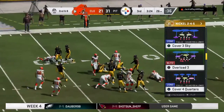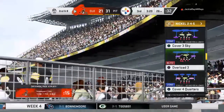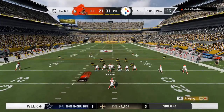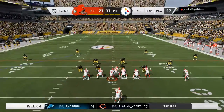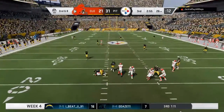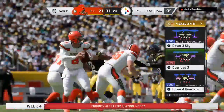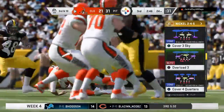And the 2015 first-round pick, Malcolm Brown, brings him down. It's 2nd and 8 at the 26-yard line. The last run got a couple. Here's 2nd and 8. It's Mariota. And they get to Mariota here as he's dropped on the sack. Malcolm Brown comes in to drop the hammer. 3rd and